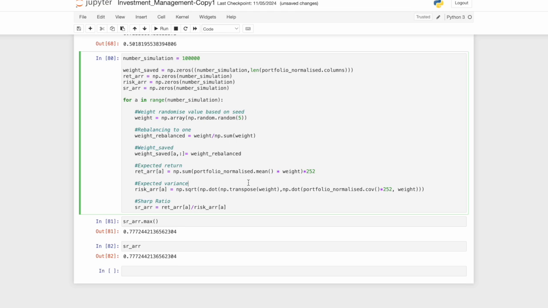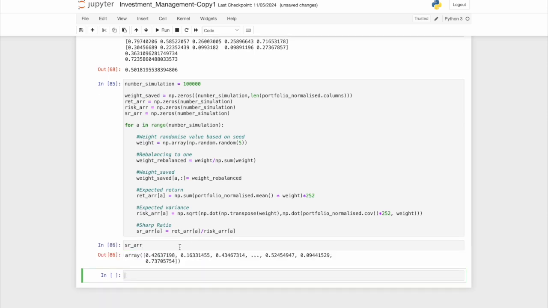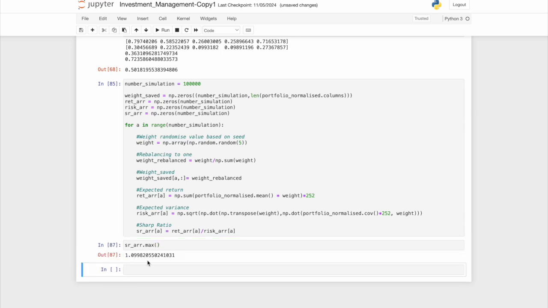Okay, let's resimulate. It takes roughly 30 seconds to run on a MacBook Pro. If you have something lighter like a MacBook Air, it's going to be slower, or if you have a very small computer, it's going to be very slow. Overall, for a MacBook Pro, you can count 30 seconds for 100,000 simulations. So now let's take a look at how our Sharpe ratio array looks. As you can see, we have different values of Sharpe ratio. What's interesting for us is to check the max value for Sharpe ratio. It is 1.1. Wow, we already improved it